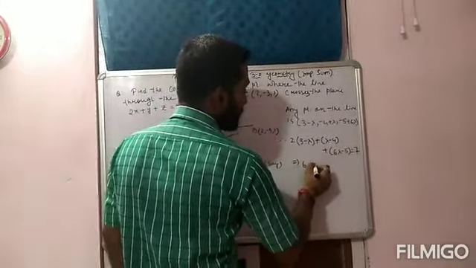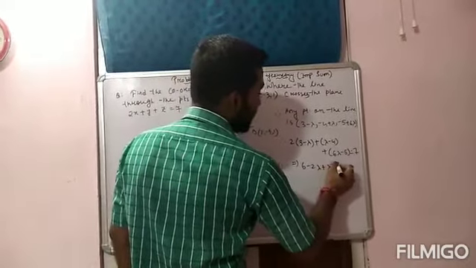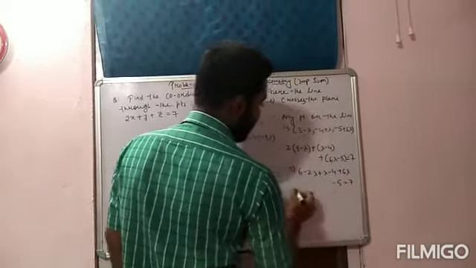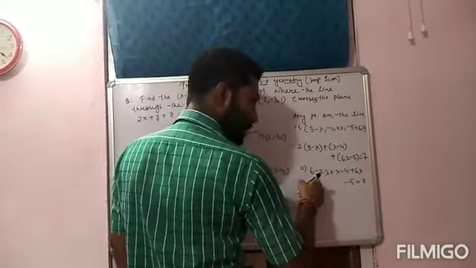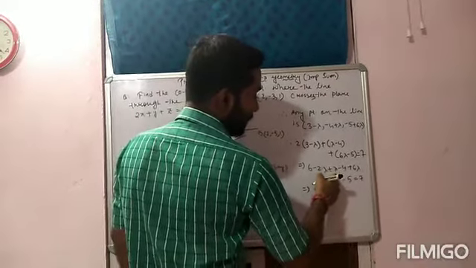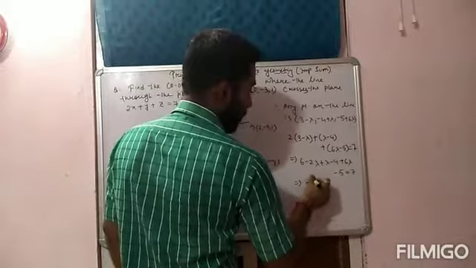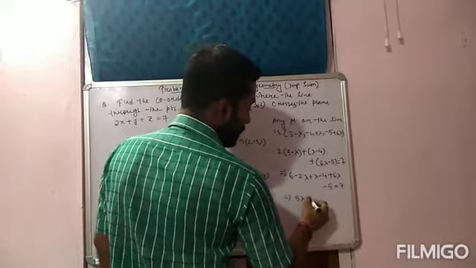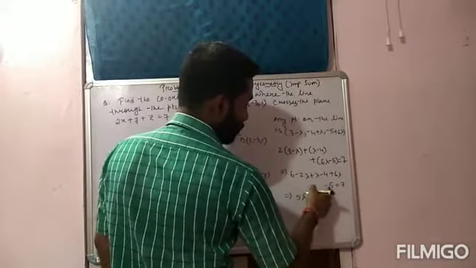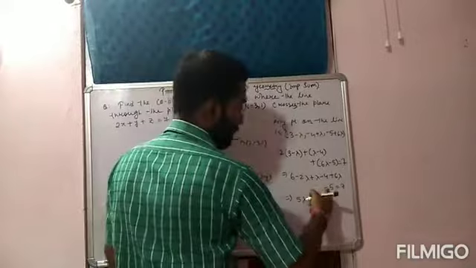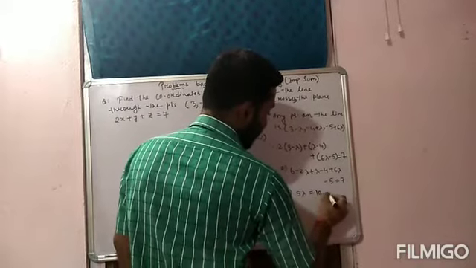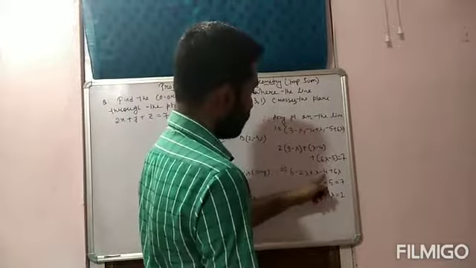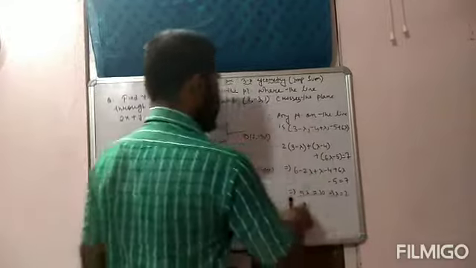Okay, that is 6 minus 2 lambda plus lambda minus 4 plus 6 lambda minus 5 is equal to 7. So minus 2 lambda plus lambda, that is minus lambda, plus 6 lambda is 5 lambda. Six minus 4, that is 2, 2 minus 5, minus 3, that is equal to 10. So that means lambda is equal to 2.